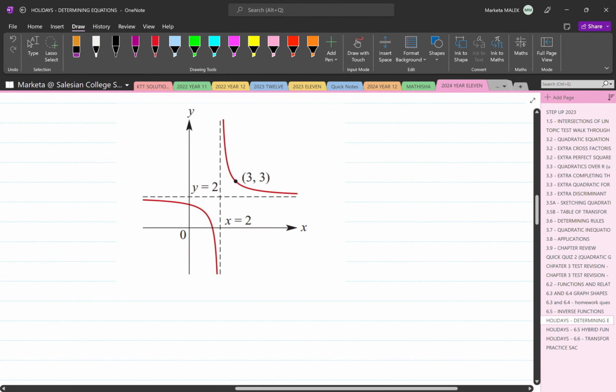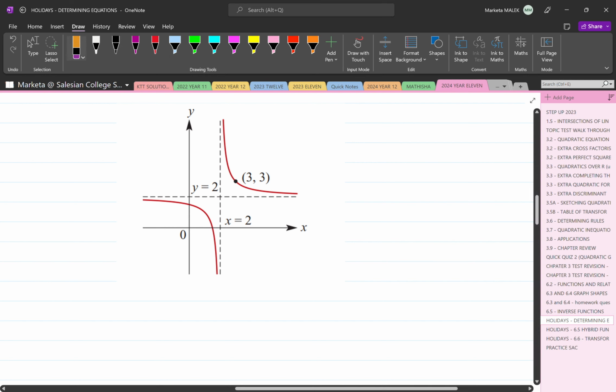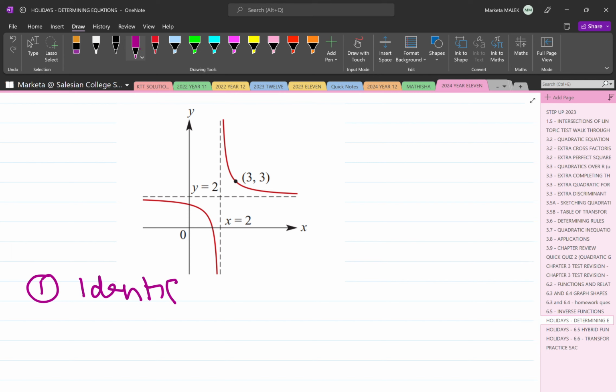And in this case, so again, we're going to find the equation. What we need to do is identify the form. So step 1, where we identify the form,